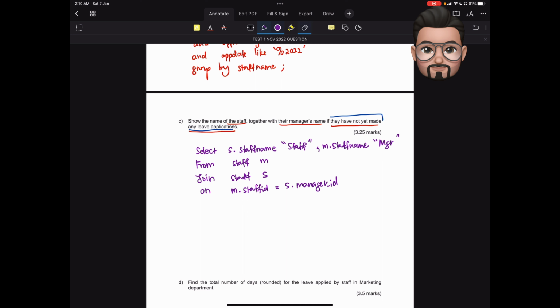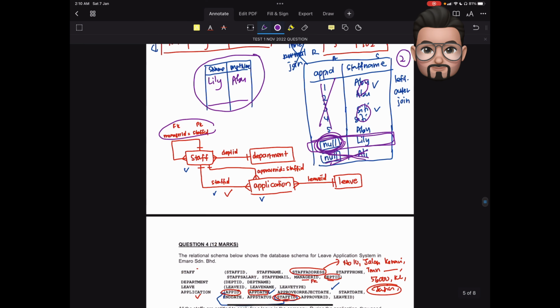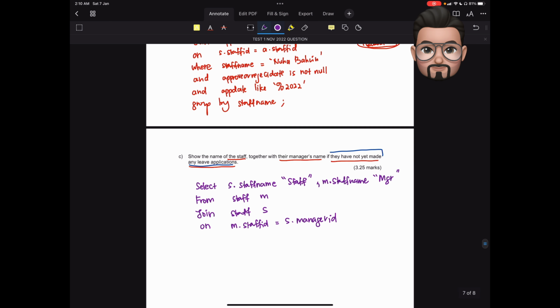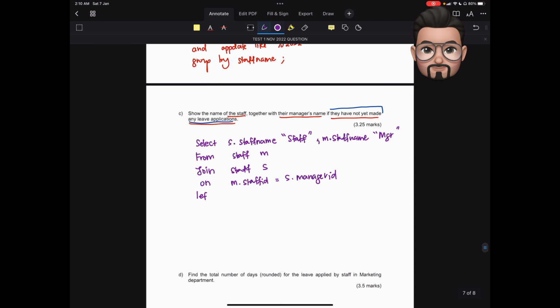Okay, for the manager ID. Then what do we have to do? Left outer join with which table? Application table. This application table. Okay, so left outer join